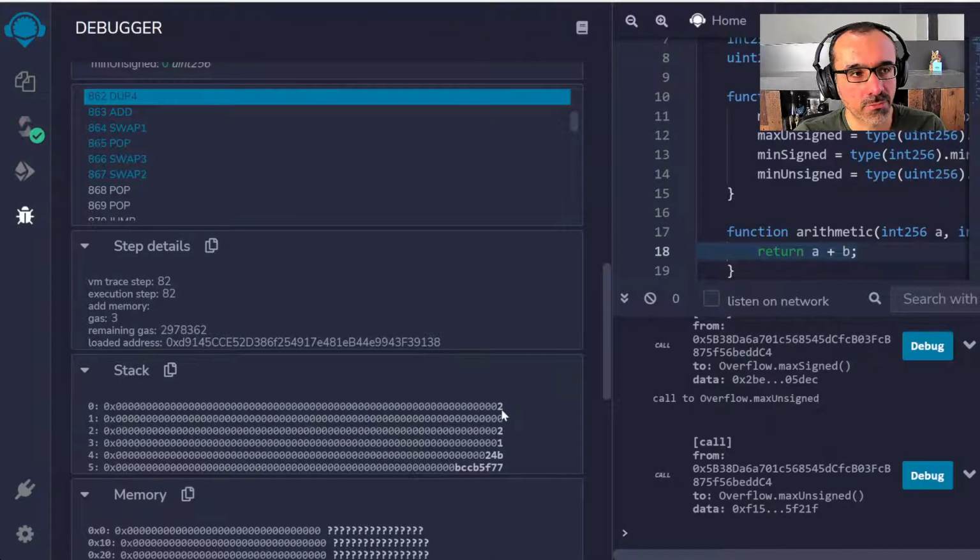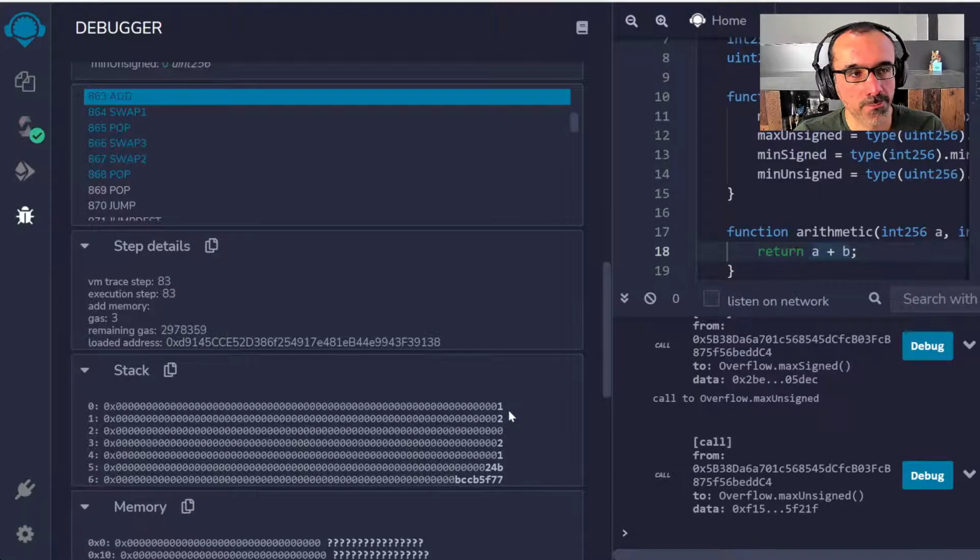And now I expect after execution, this should come on top of the stack. So I've got value 1 and value 2 now on top of the stack. Effectively, it copied over the arguments to the local environment, or the local variables available to that arithmetic function to operate on. And the next instruction is add.